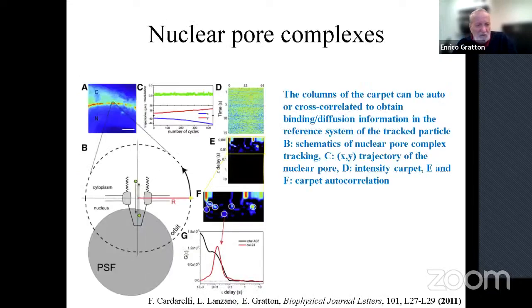Can I have the next slide? Okay, so let us do an application, because this is very important for the question I asked about the mean flux and the other thing. So remember that we perform an orbit. This is, for example, a nuclear pore complex, and that will be the cytoplasmic part, and that will be the nucleus part, and we perform an orbit.